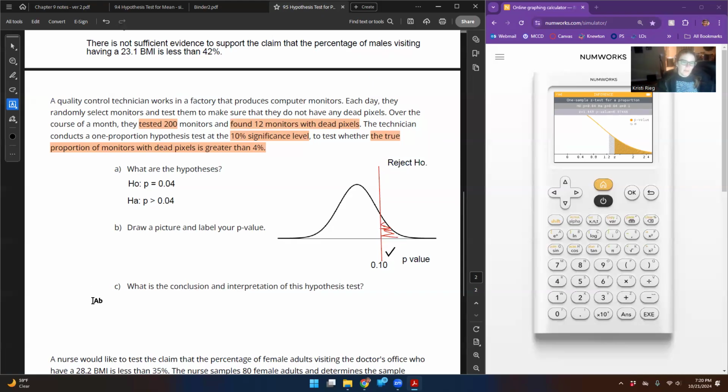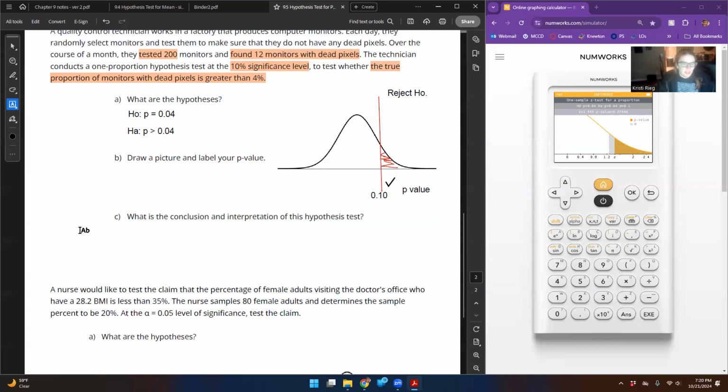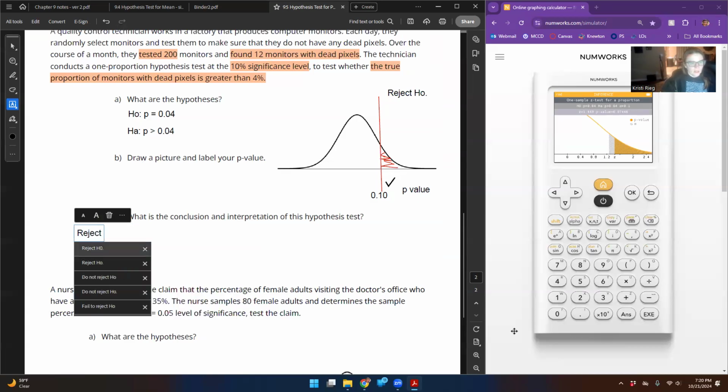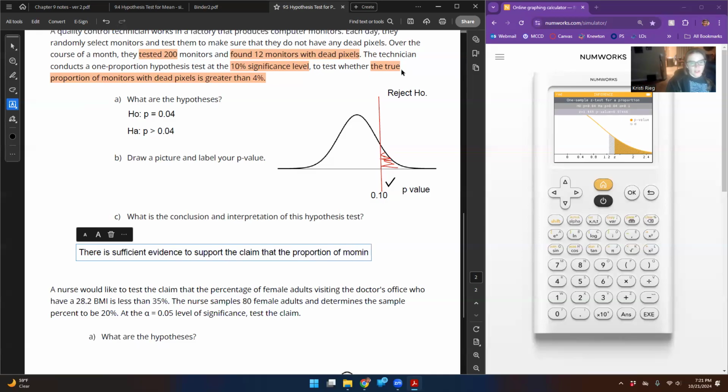Perfect. Okay, these are kind of spaced weird because I couldn't get these to line up. Like, see how these are over here. So anyways, there's a little extra space over here. So we are rejecting the null, which means there is sufficient evidence. We don't have any nots in this, so there is sufficient evidence to support the claim that, what is the claim? The proportion, you can write true or not true, it's fine, of monitors with dead pixels